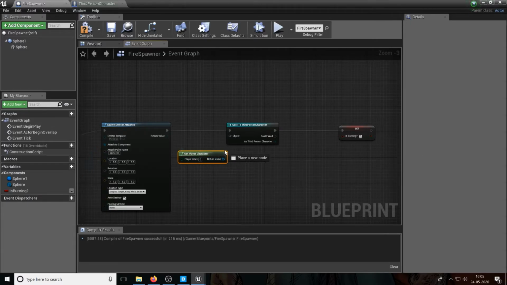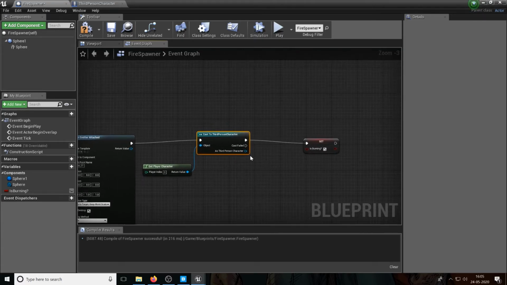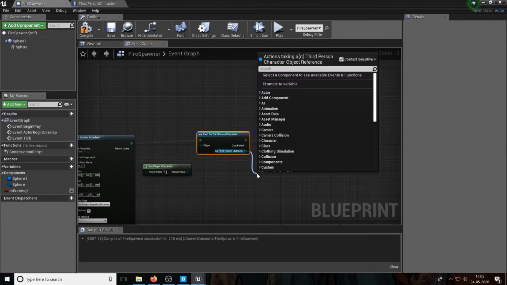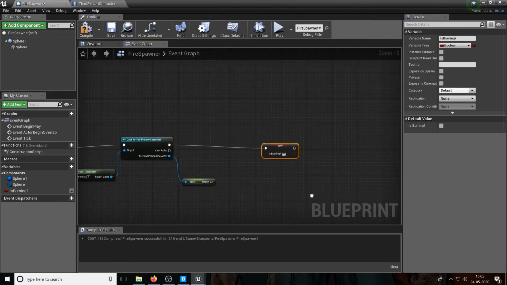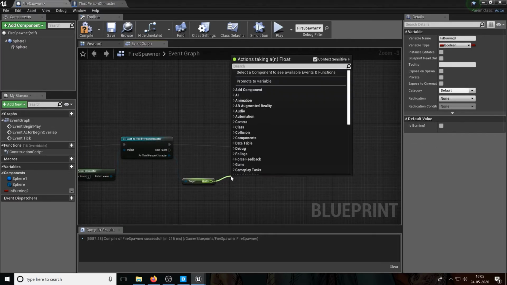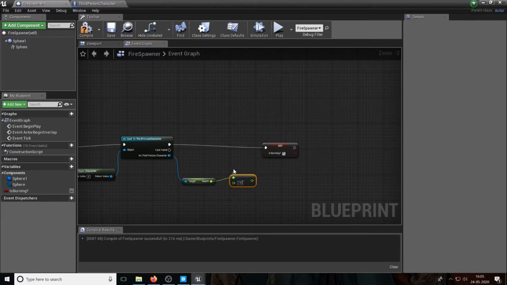But right now we're taking player 0, putting it in as the object, and what we're going to be doing is, as the third person character, we are going to get health, right? So first we'll get the player's health, and then we're going to do float minus float, so we'll subtract 25 from the health,